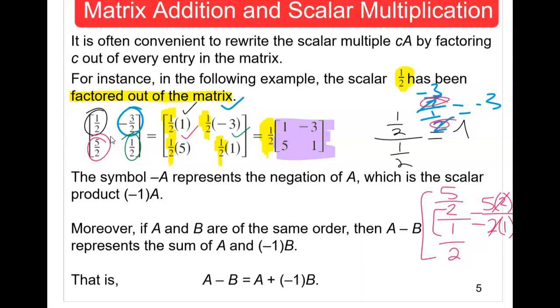Next thing we have here is that if you have a negative in front of the name of the matrix, it represents the negation of A, or the opposite of A. So that opposite would mean that for every entry in A, the entry in negative A will have the opposite sign of each entry inside A. So meaning that we just multiply negative 1 times A, and based on the scalar multiplication definition, you have to distribute that negative 1 to every single entry inside matrix A. So